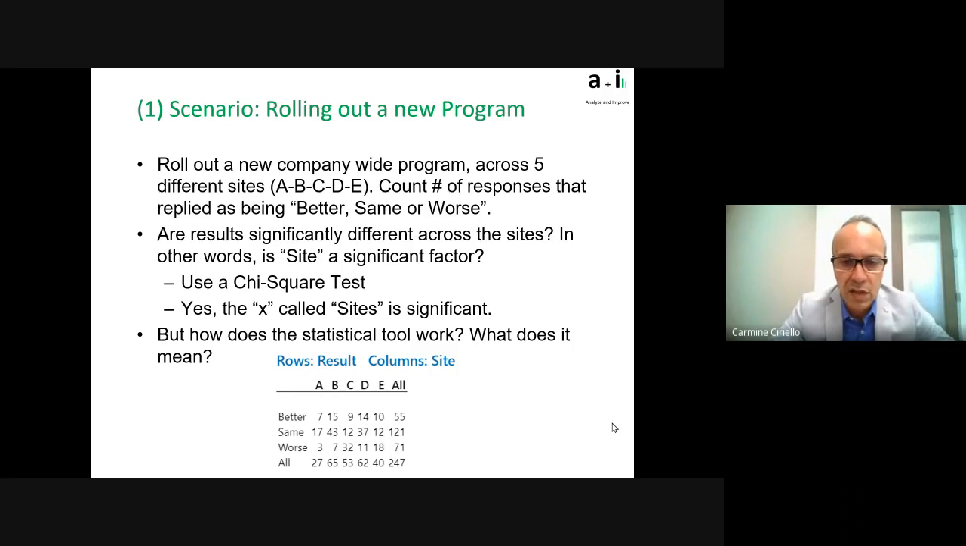The site, is it a lever? Is it an X influencing how people say if it's better, same, or worse? The test you would use here is called the chi-square test. And don't worry, I'm not going to get into very complicated statistics. If you run this test, it would come back and say, yes, actually, the site is a significant factor